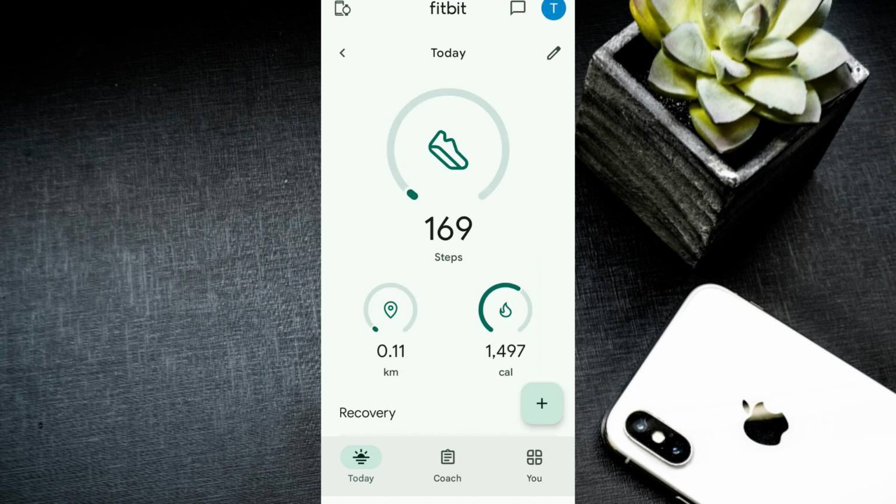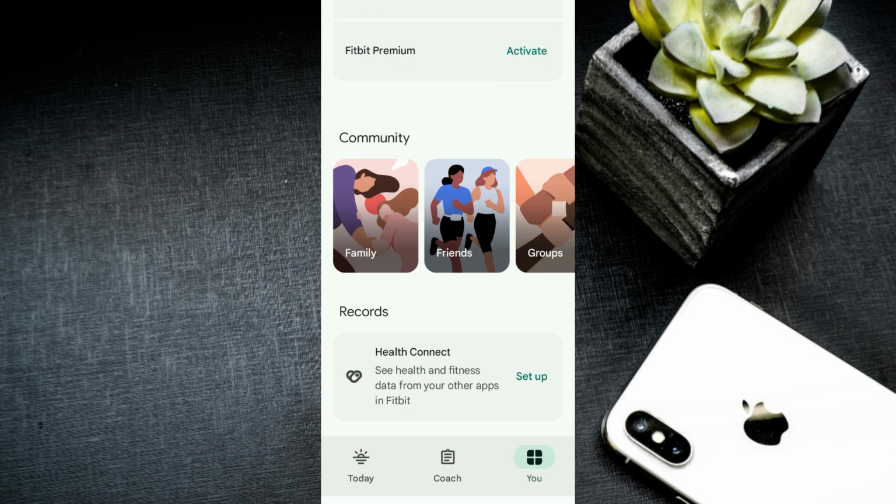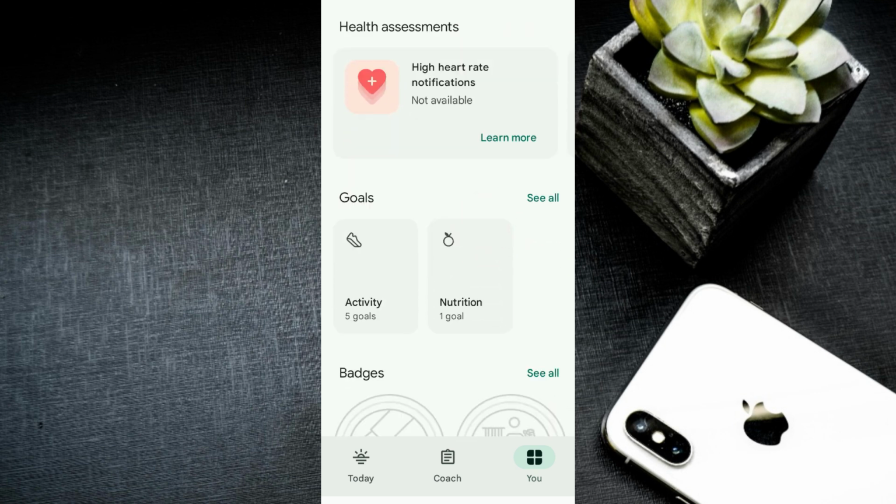So after you've launched it on your device, the next thing you need to do is navigate to the You tab. Now, the You tab is at the bottom here, so you tap on the You tab. Now once you're there, next thing you're going to do is to scroll down on the You tab until you find the goals section. Here it is. The next thing you're going to do after finding the goals section is to tap on see